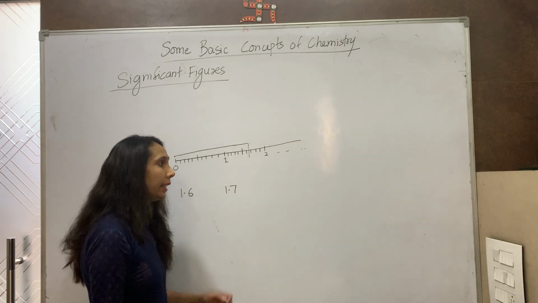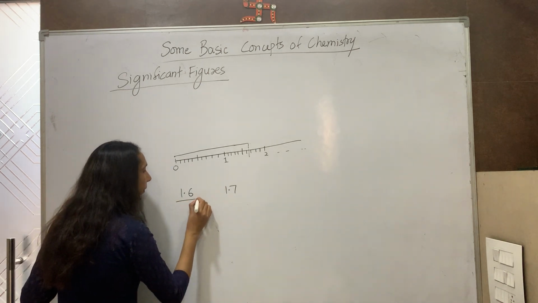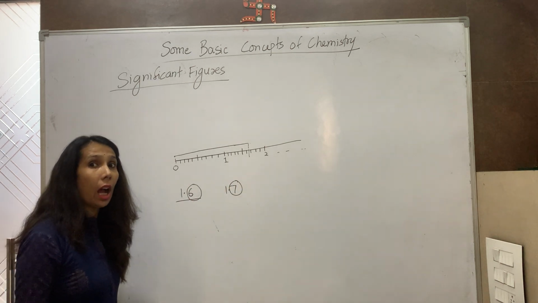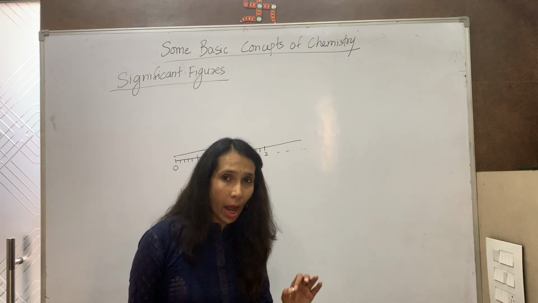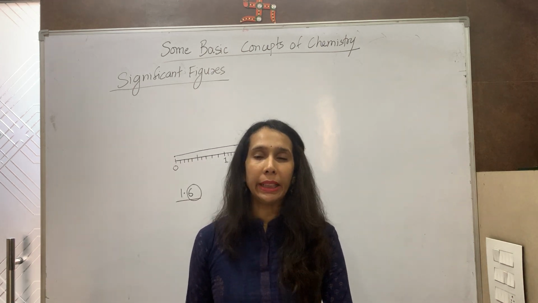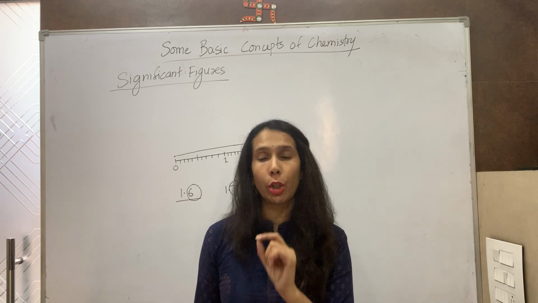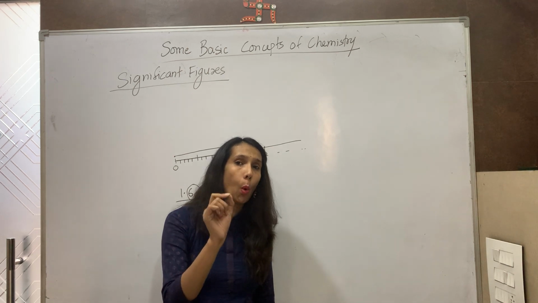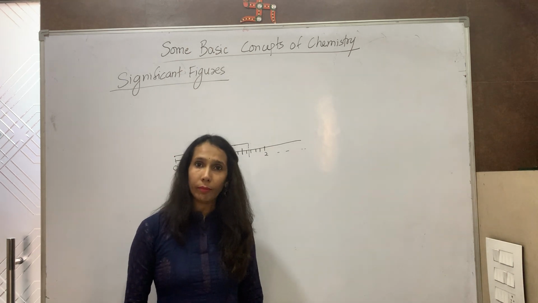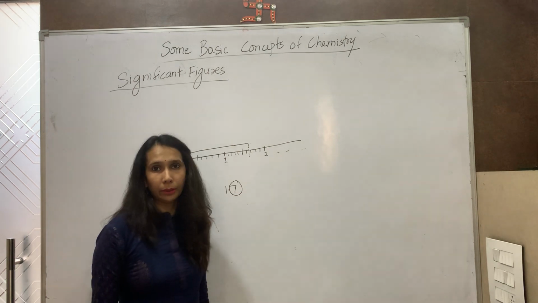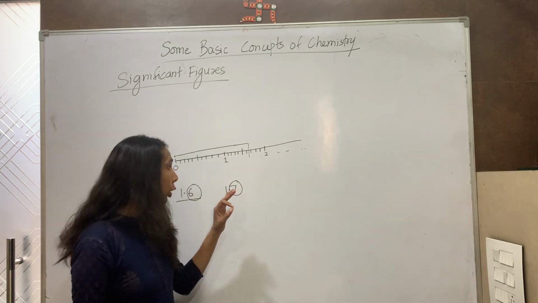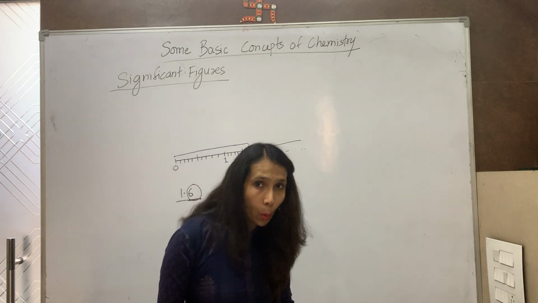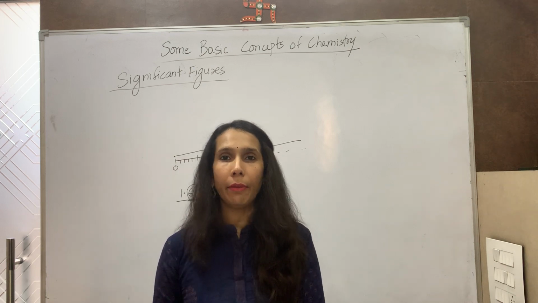No. That means whatever measurement I am doing, the last digit of this measurement is uncertain. Why is it uncertain? Because of the limitation of my measuring instrument. Our scale can measure centimeters only till 1 decimal place. It cannot measure the next number. Right? The last digit of my measurement is uncertain. I don't know it is 1.6 or it is 1.7.